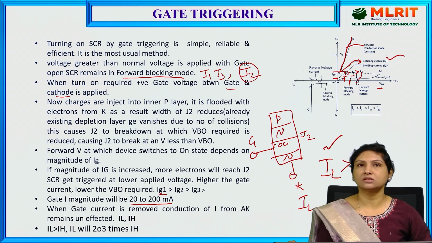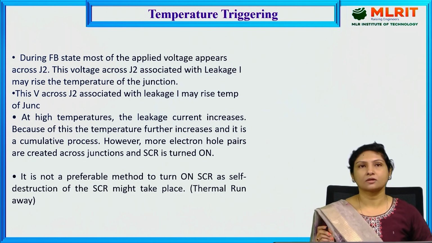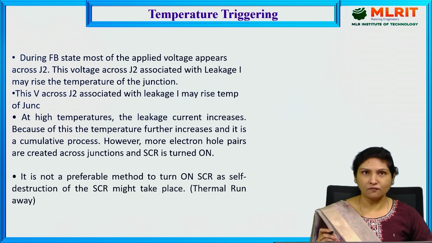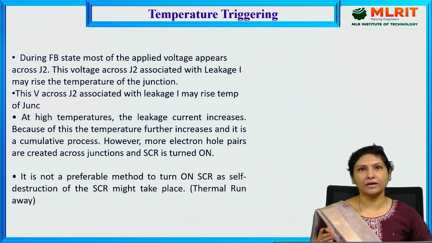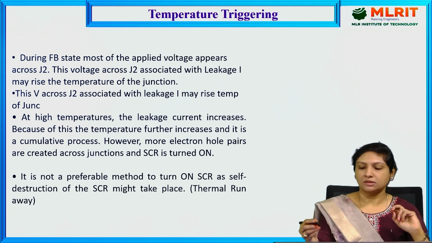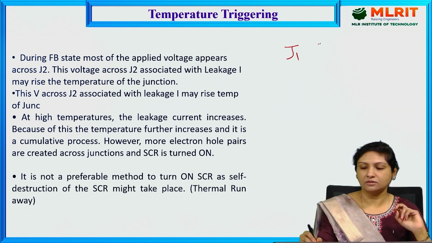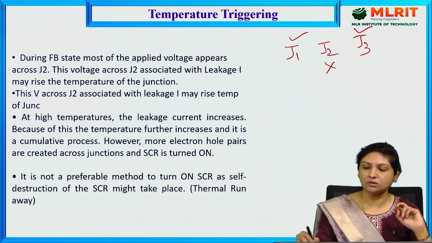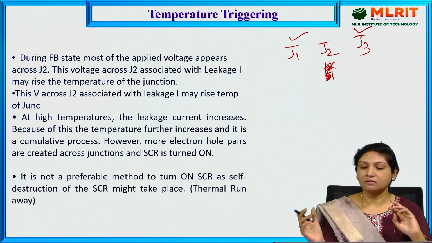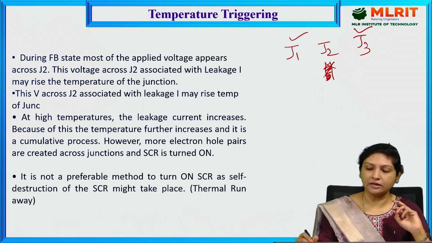Hope you understood this gate triggering method, which is very important. Next, we have temperature triggering. During the forward bias state, most of the applied voltage appears across the junction J2. If you see here, J1 and J3 will be forward biased, whereas J2 will be reverse biased because of the depletion layer. So when the forward voltage is applied, the maximum voltage will appear